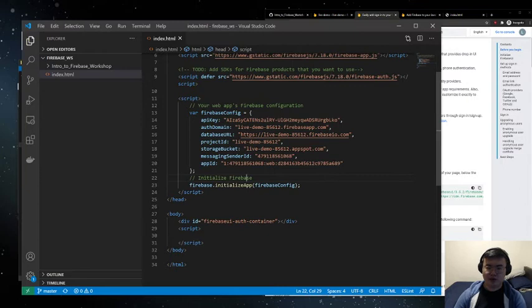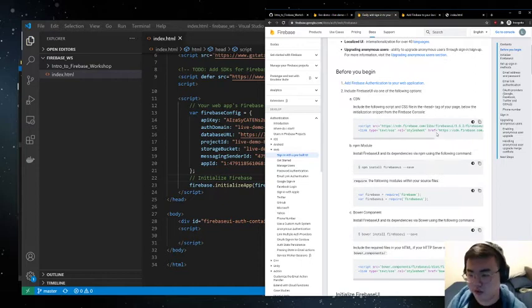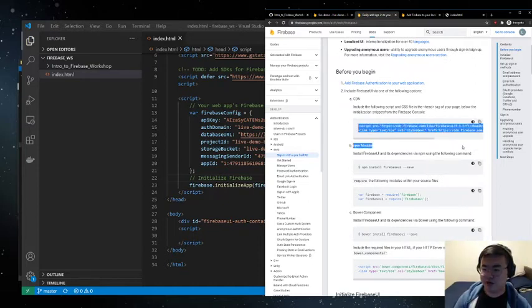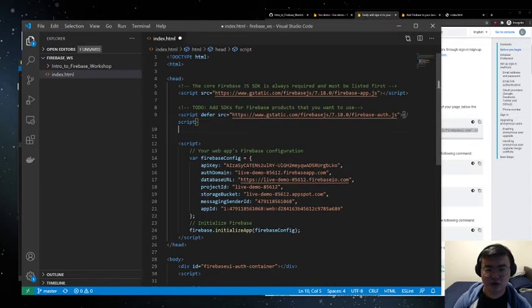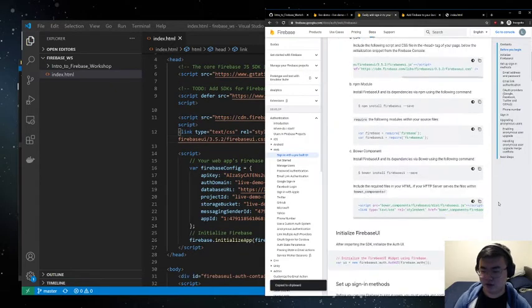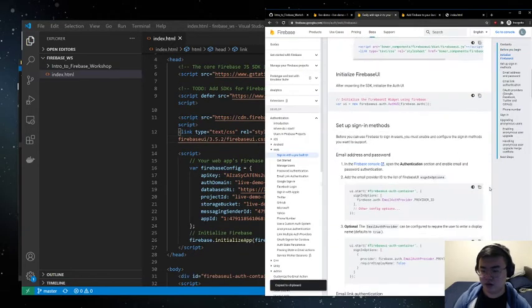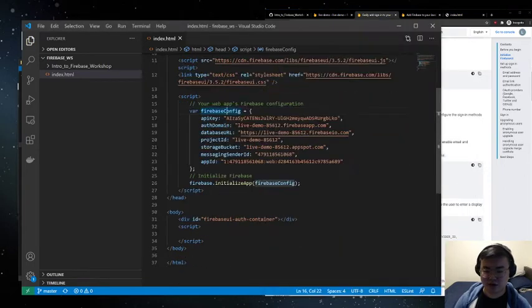We've already configured our Firebase app on our page as well. And now we'll just have to add Firebase UI and the relevant CSS files. Right. So following this, all we need to do is follow instructions here,